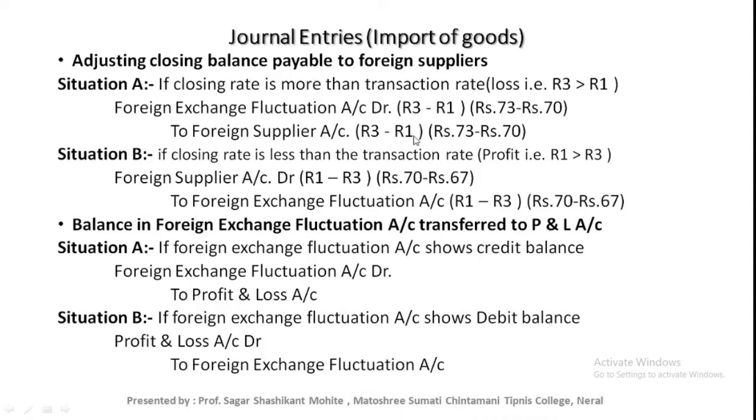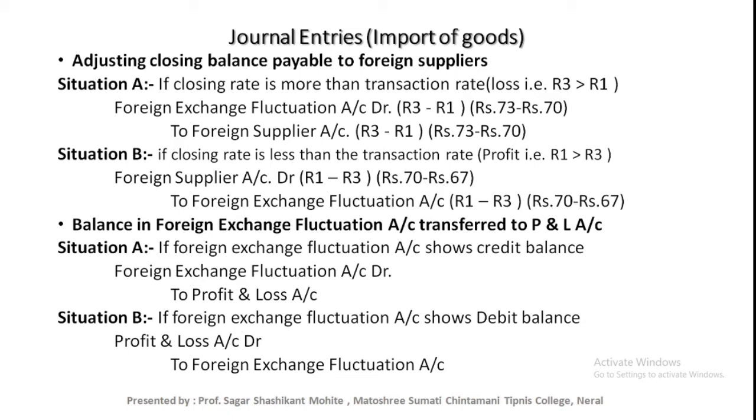Okay, R3 minus R1. Now second situation, if the closing rate is less than the transaction rate, that is R1 is greater than the R3, at that time there will be profit. Okay, the entry will be foreign supplier account debit to foreign exchange fluctuation account. If the R3 is rupees 67, at that time R1 minus R3. There will be profit of rupees 3, because we need to pay less in the future,